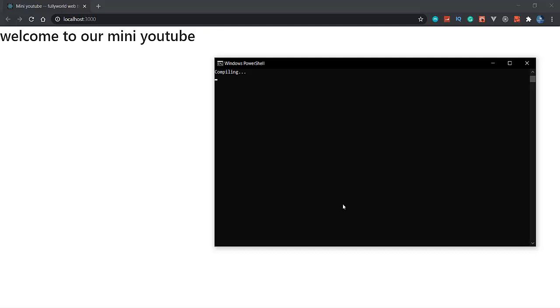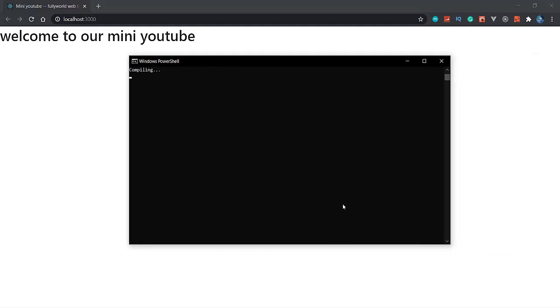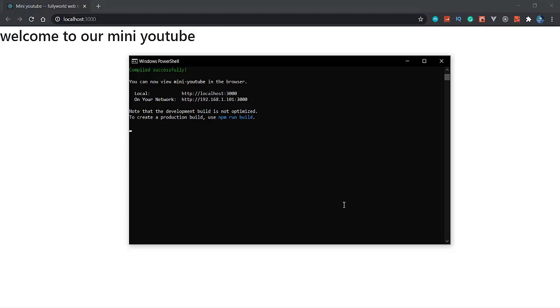It is taking a little bit of time here. See that now it is compiled successfully, and now it is compiling again because I saved two times here. Now it should refresh. Let's see.